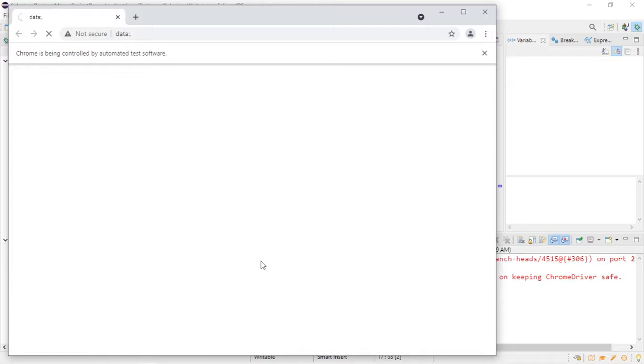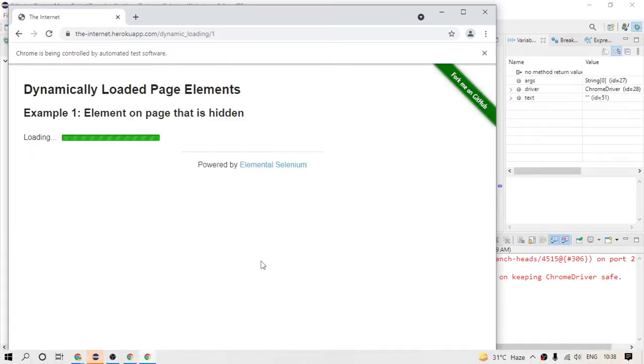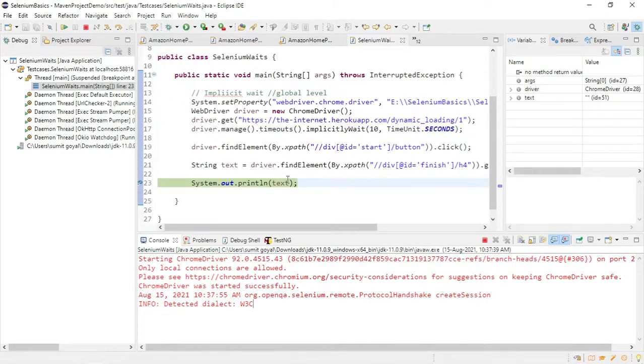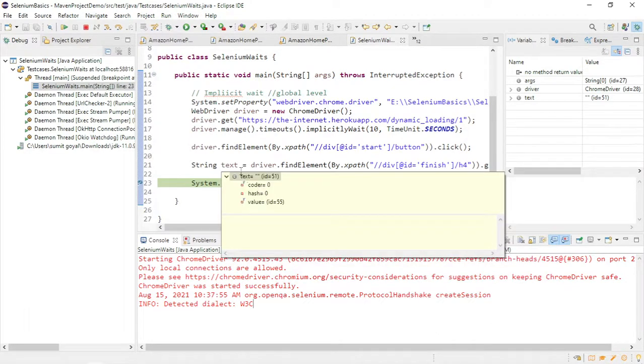So it has started the browser. So now it is loaded for some seconds. We have given a 10-second wait, if you remember. So now let us see what the text is. We are getting an empty string as our text. So there is no text present in our